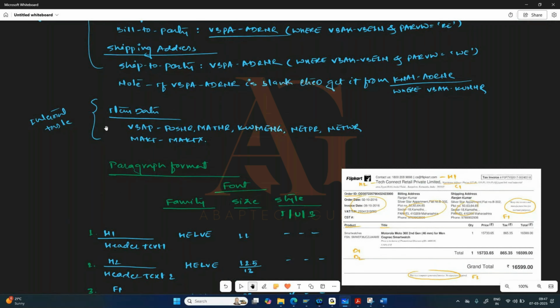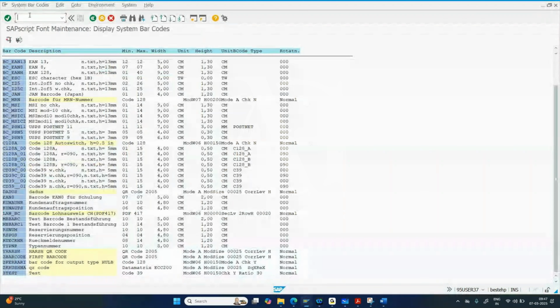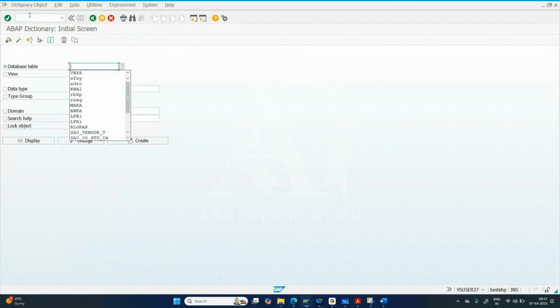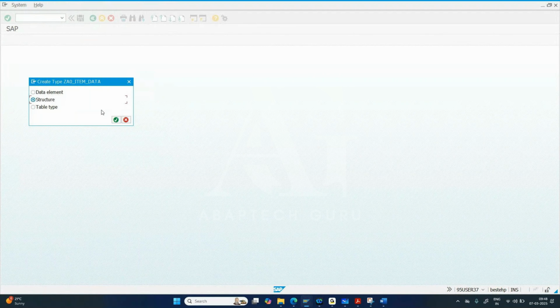And that structure you can create in SE38 also, you can create in SE11 also. But what I'm planning, let's create this structure in SE11 because I want to reuse this in two different areas. So for that reason, I'm planning to create this structure in SE11. So I can say ZA0 item data. Go with create structure